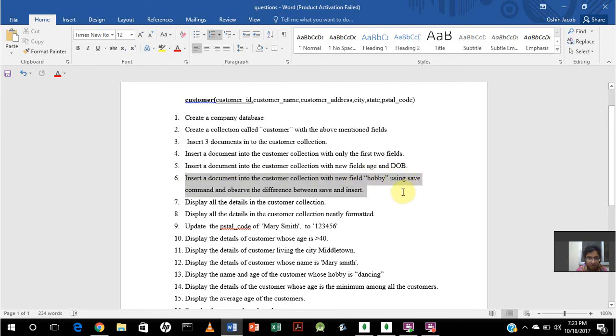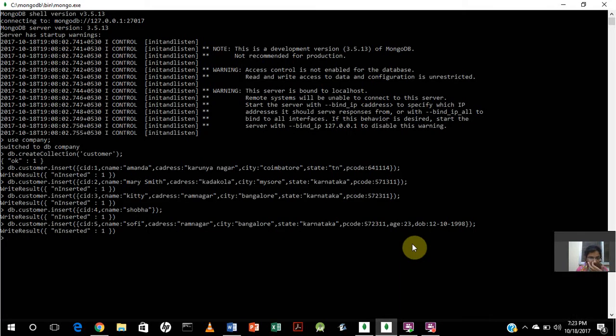The next question would be to insert a document into the customer collection with new field hobby using save command and observe the difference. So we are going to create another one having a hobby, and we are going to insert it using the save command, for which reason we will remove this insert and give save here, and then we'll create 6 and we'll give Aksa here, and Aksa stays in Longbourn Street, and the city is say California,